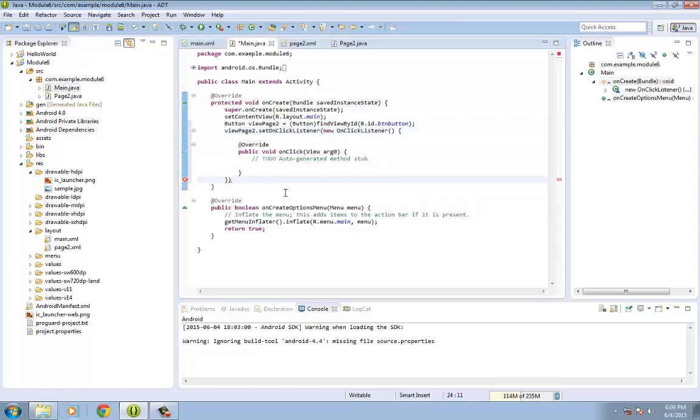Then don't forget to type in the semicolon just below the auto-generated code,